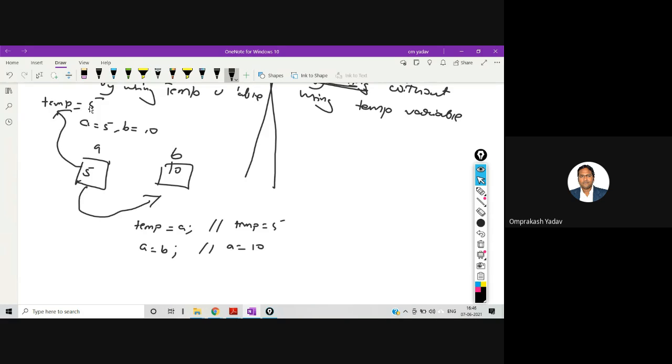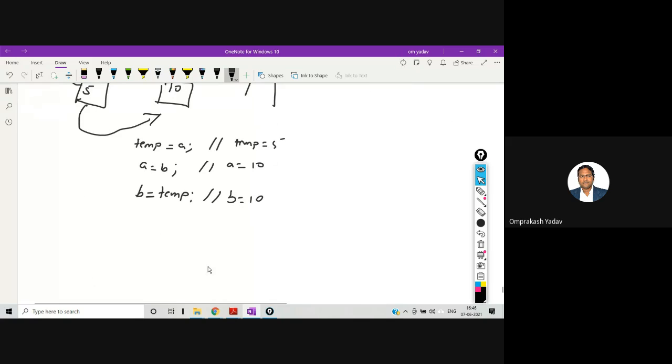Now we will say b is equal to temp, because a's value we have inside temp. And we will observe that b will now become 10, and then we can just print the values of a and b.